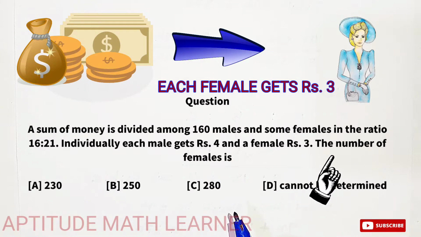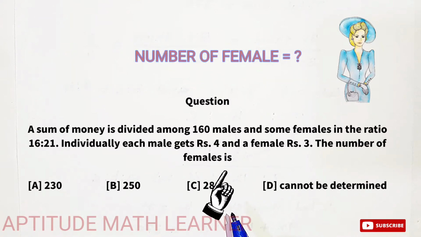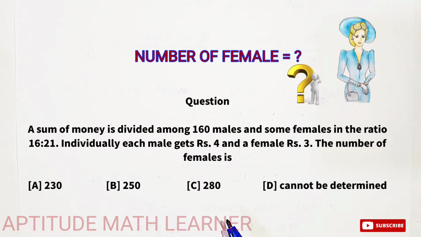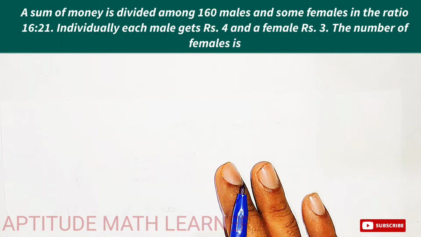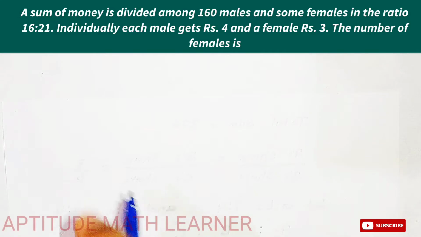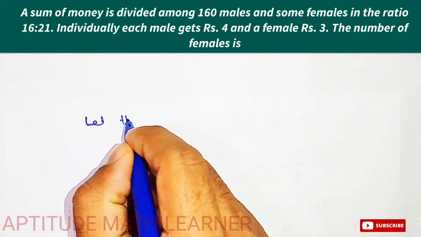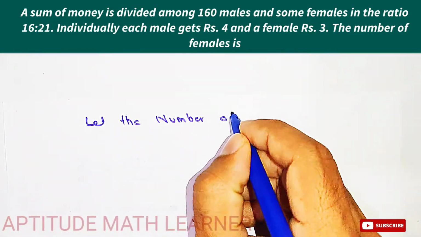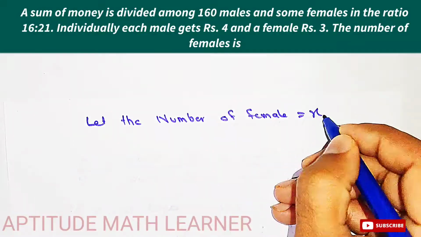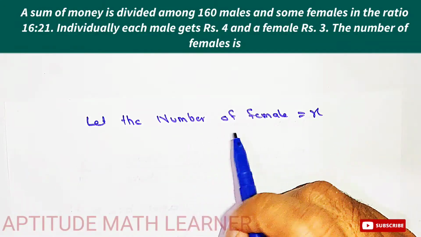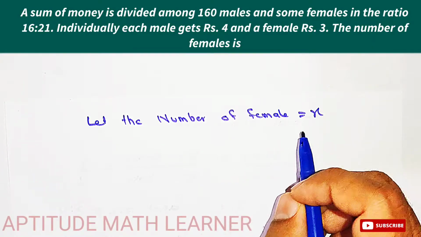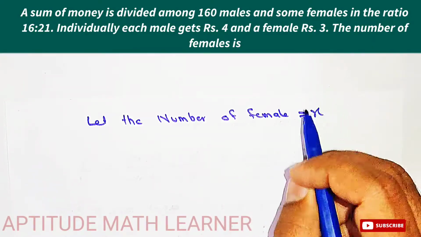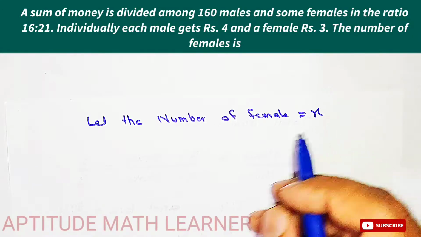The number of females is what we have to find out, since we don't know it. So here, let the number of females be X. We have just taken the number of females as X. So to find out the number of females, we take here,